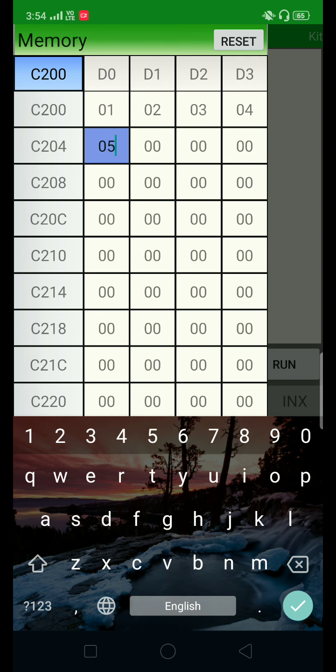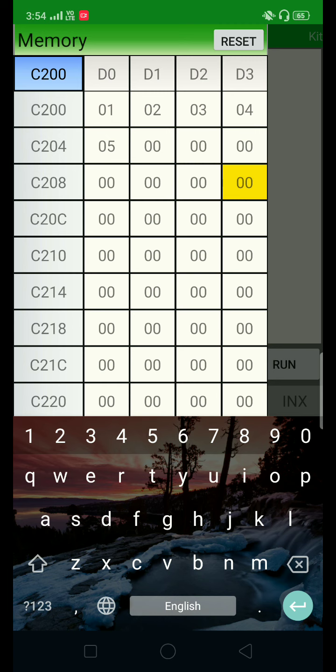Okay, just touch at another location. Okay, so in this way, at C200 location 01 is there, at C201 02 is there, at C202 03, at C203 04, and at location C204 we have saved 05.